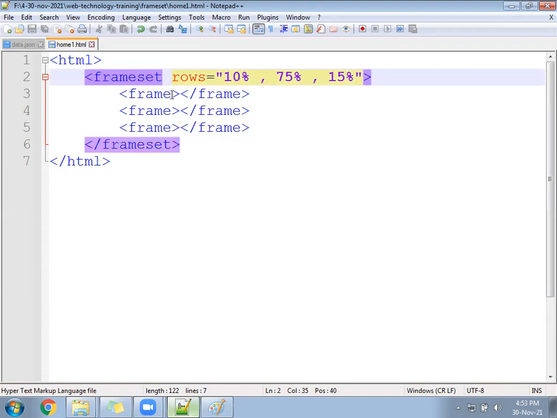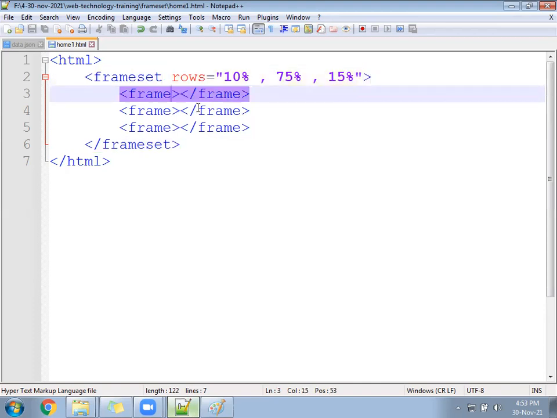Now let us say frameset will help you to divide the page into multiple blocks, maybe column wise or row wise. Frameset will help you for what purpose? To divide either in rows or columns. Okay. Now frame will help you to load a different file. Suppose we are breaking into 3 blocks.